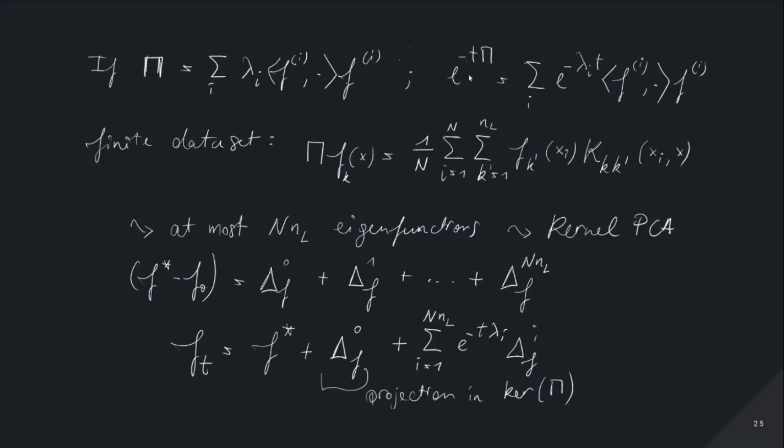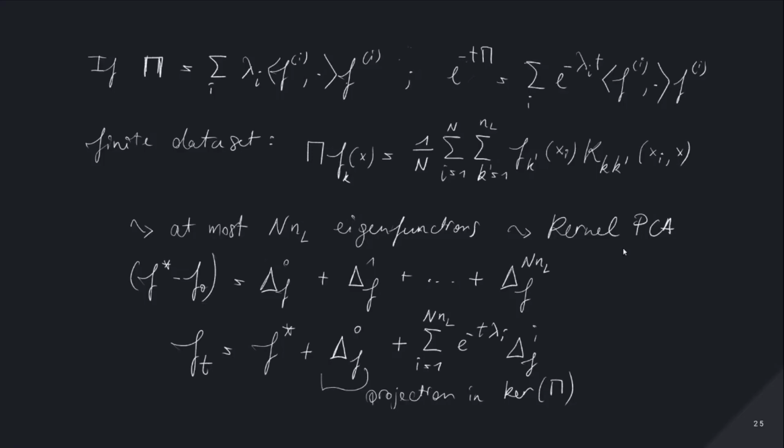Then, I know that my exponential operator is simply taking all my lambdas and computing e to the minus lambda i. So those will converge to zero as well. And for a finite data set, this operator actually has finite rank. There's only a finite number of non-zero eigenvalues, because my operator is just a finite sum. And so this boils down to, if you compute these eigenfunctions, basically performing kernel PCA